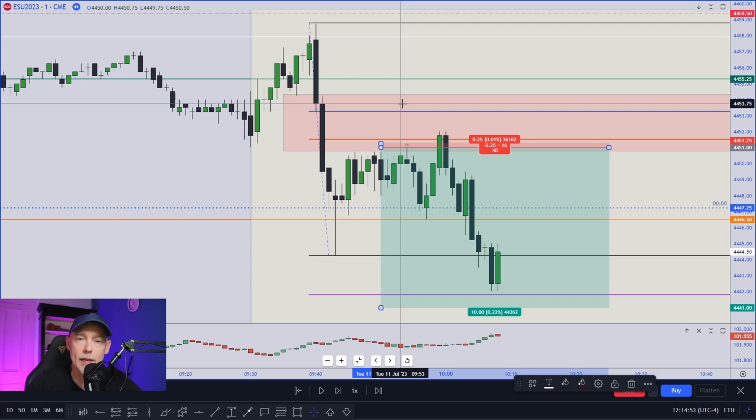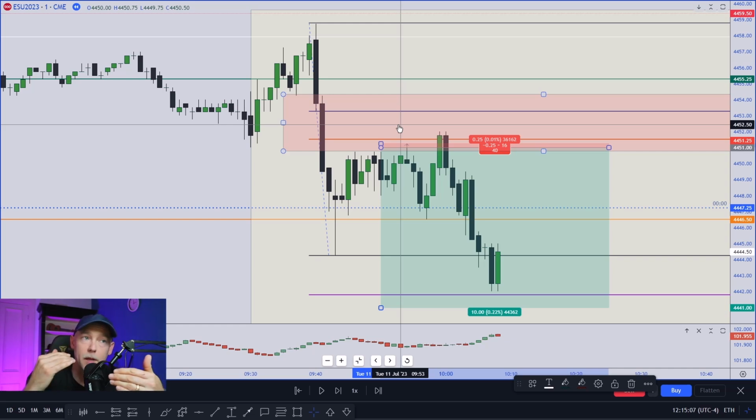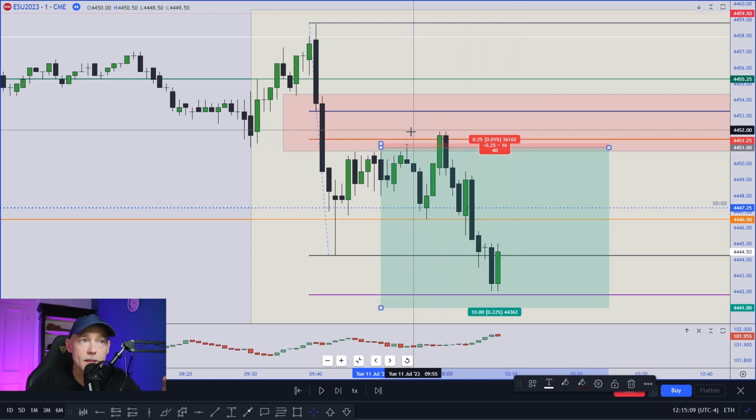So there is learning in that, guys. I suppose one learning could be don't move your stop loss too quick. The second learning could be don't be afraid. If you're in a trade and you move your stop loss and you get stopped out and it still makes sense, which it did here, this Fibonacci 50% level,